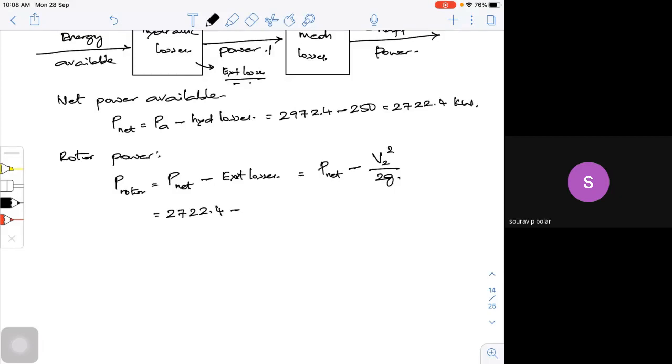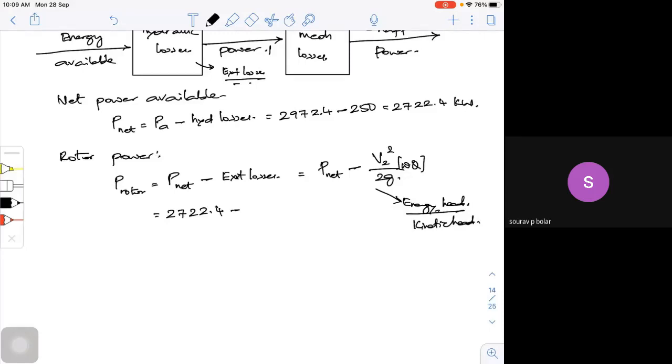But now, this is your energy. This is in terms of energy. So I need to multiply this by omega. This is my energy head, or that is my kinetic head. This head I need to connect to power. So you have to multiply the head by omega into that particular Q.